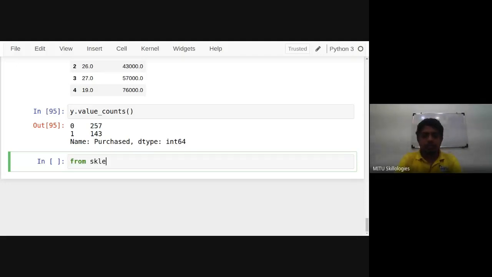So I'll just apply this normalization technique.